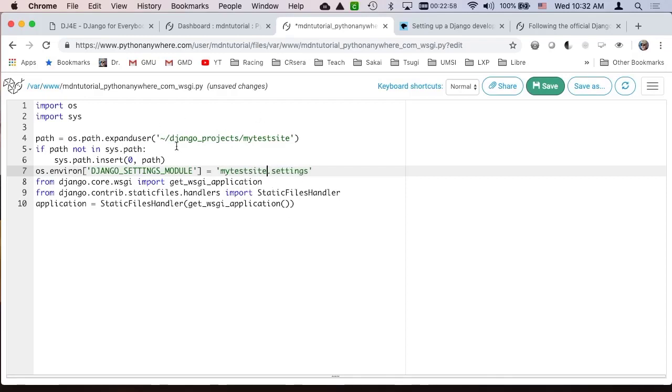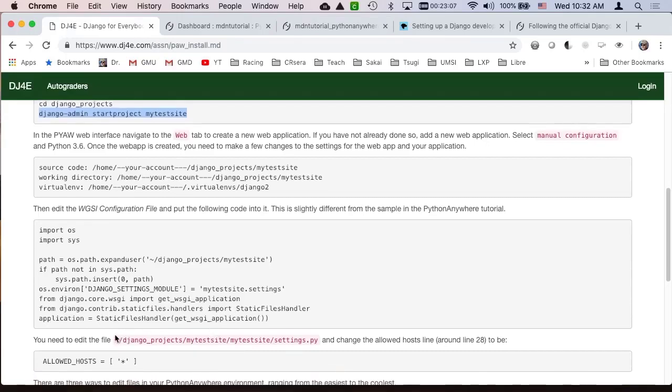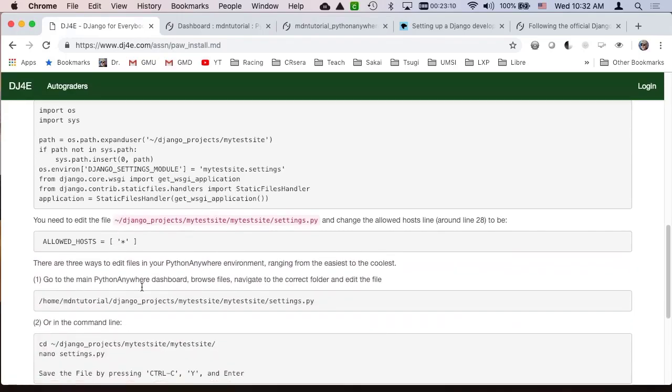So every time we run a different application or a different project, we've got to save this. So I'm going to save that. That's what it tells you to have it be like this. And then we're going to have to edit this file, Django Projects My Test Site